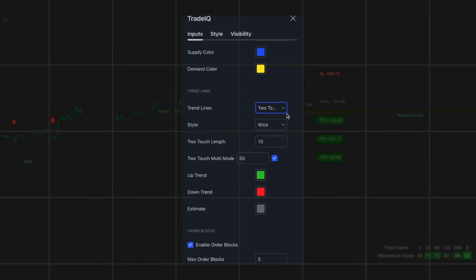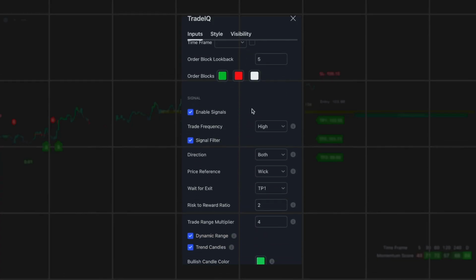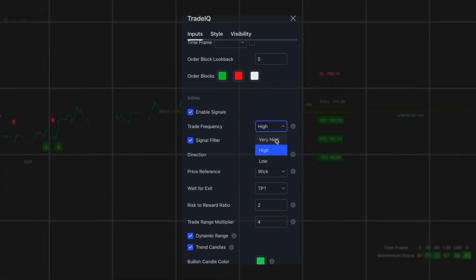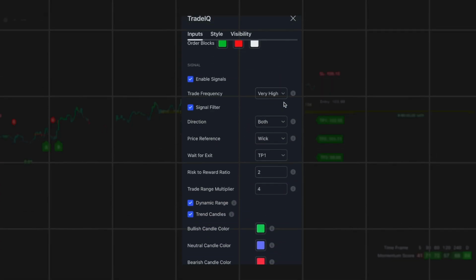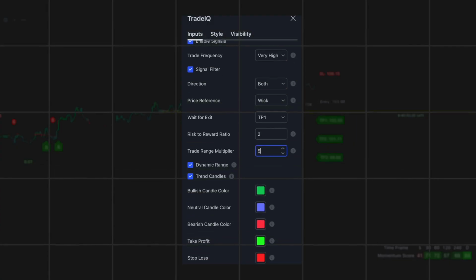Additionally, it integrates advanced concepts such as ghost order blocks that predict future support and resistance levels. The indicator settings can be customized to fit individual trading styles, making it a versatile tool for both novice and experienced traders. With the integration of multi-time frame analysis and a market bias dashboard,